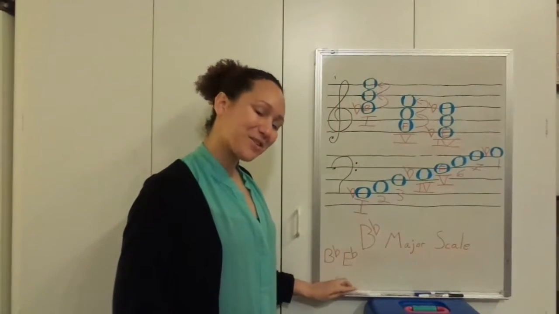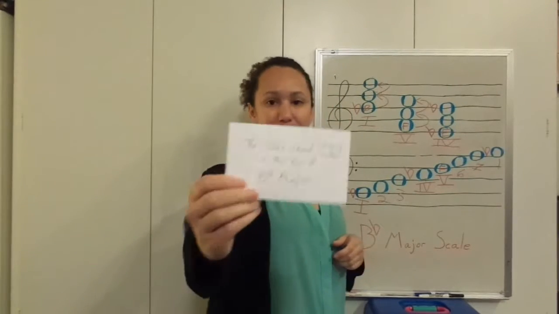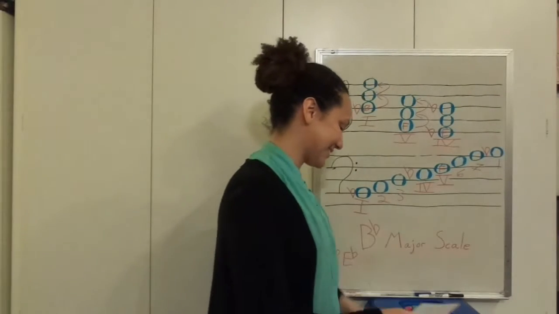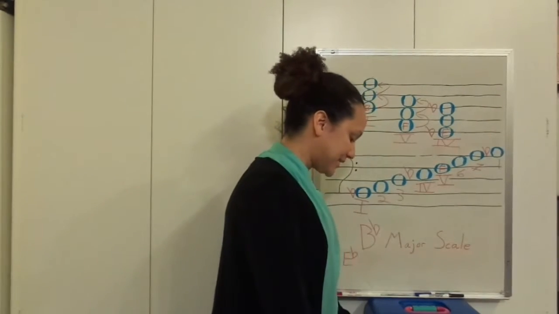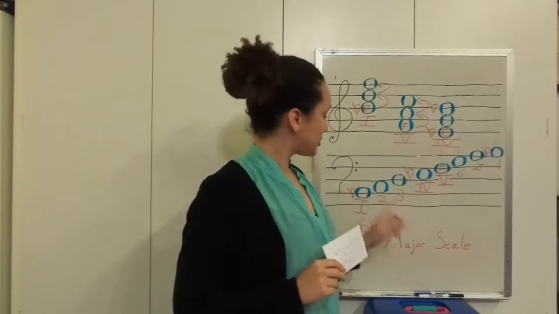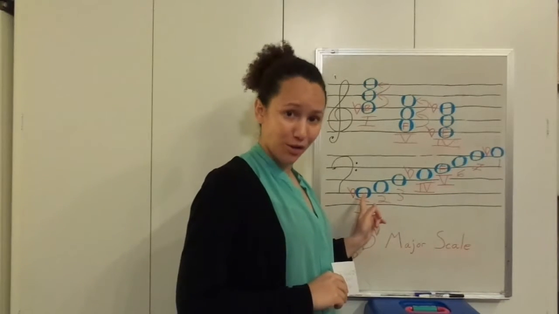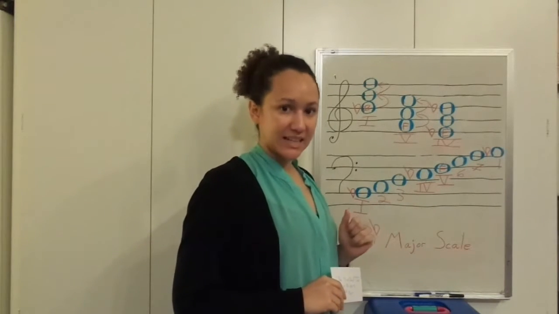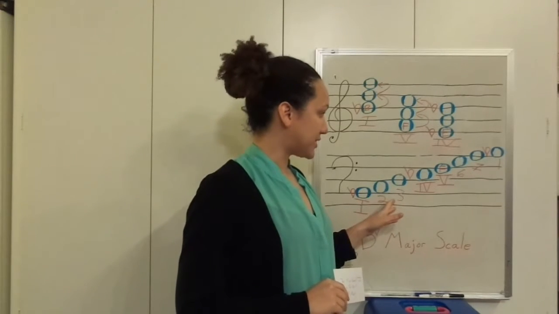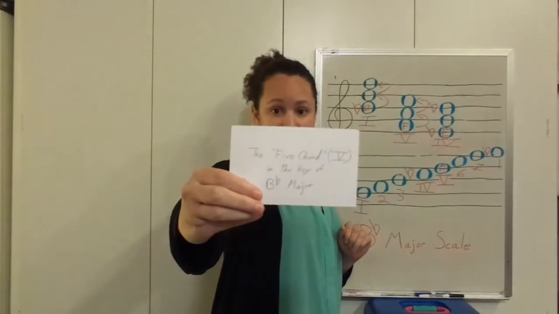Go ahead and take out your flashcards. On one side, the 1 chord, B flat major. And we say key because oftentimes pieces don't have an actual scale in them. The song, or the piece, is just based on the scale. So that's why we say key. But for now, if you want to put scale, since for theory we're dealing with scales, go ahead and put scale. The 5 chord in B flat major,